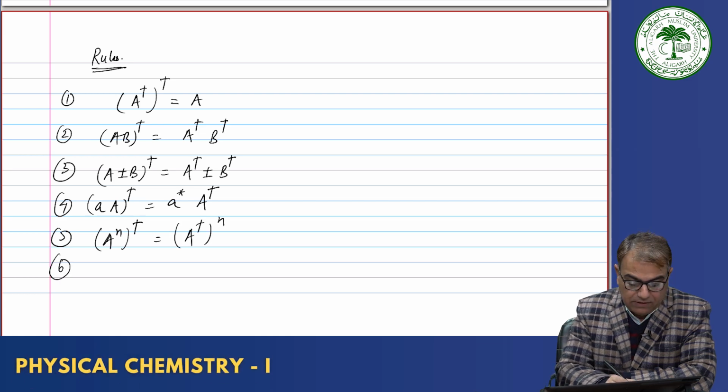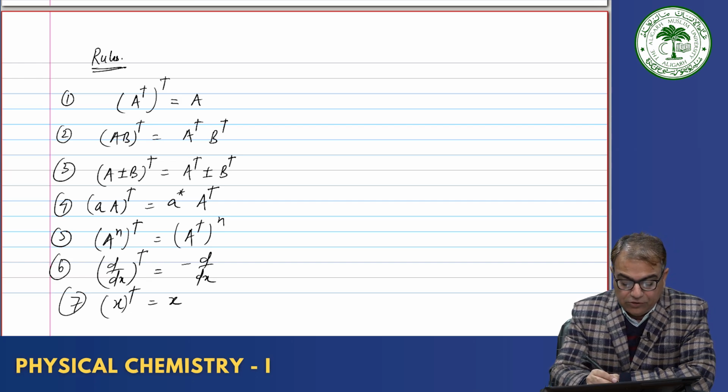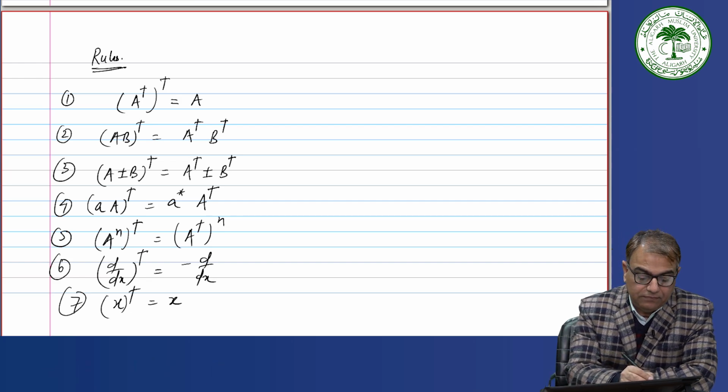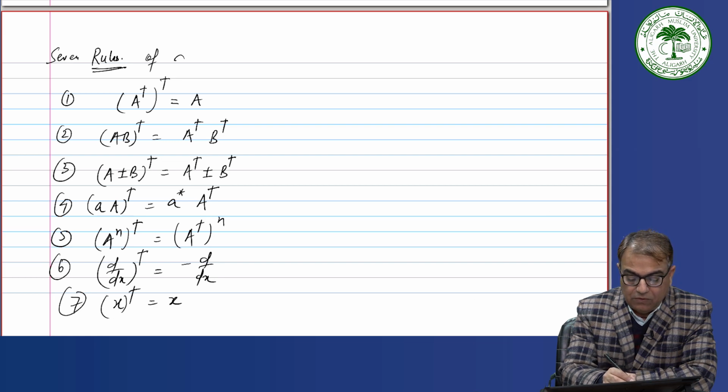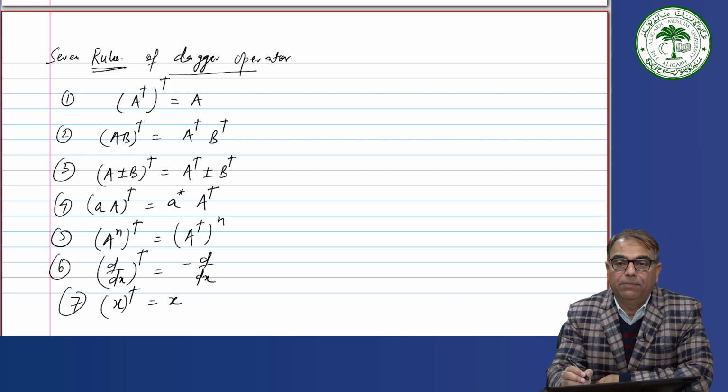Then you have the dagger of d/dx is equal to minus d/dx, and then you have the dagger of x is equal to x. Okay. So these are the 7 rules of dagger operators,